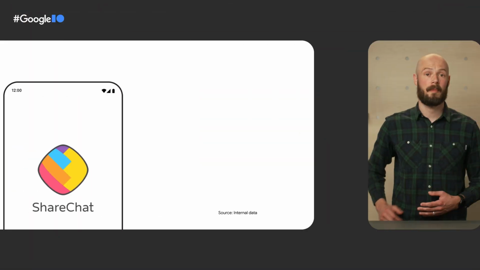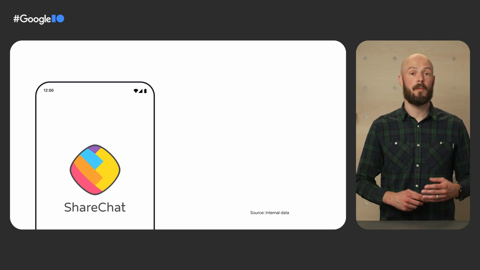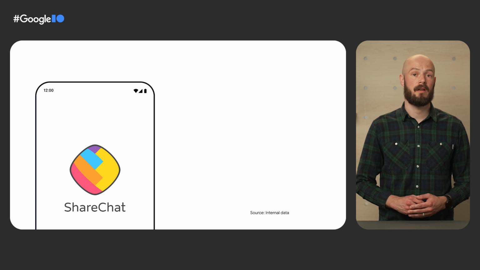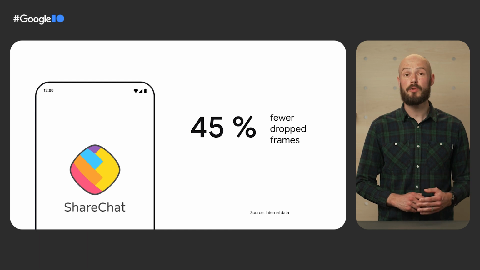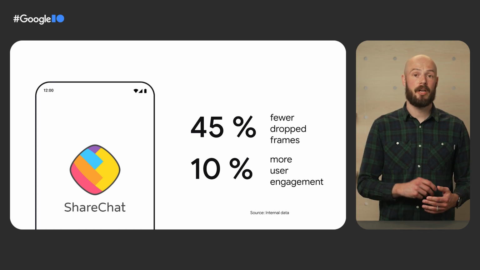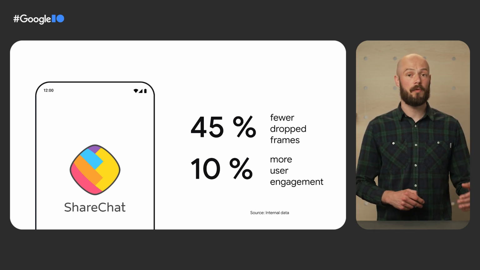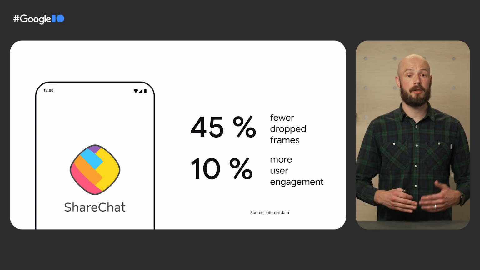During our work with external partners, we've seen how focusing on performance and removing jank has impacted their apps. The social media platform ShareChat has over 180 million users with more than 2.5 billion monthly shares. ShareChat was able to remove almost half of dropped frames, which is a huge gain for usability. This smoother app experience led to an increase in app usage of about 10%. To achieve this, ShareChat firstly profiled and benchmarked their app to learn about areas to improve. Using this data, the engineering team then optimized the layout code, moved heavy tasks off the main thread, and migrated to Kotlin coroutines.